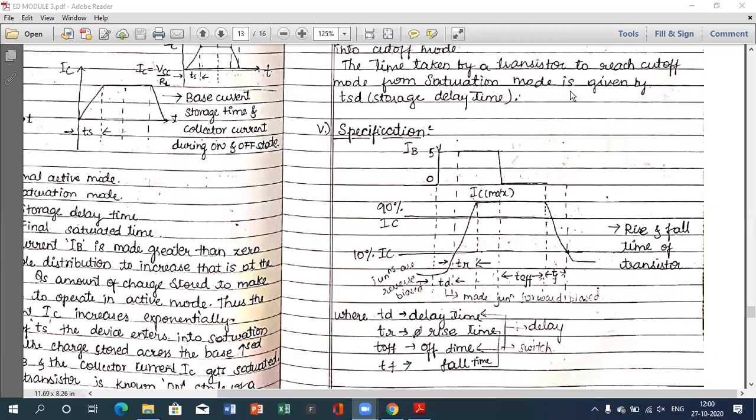I hope it is clear for everyone. If yes, just respond in the chat box as yes. If you want to repeat, we'll repeat the same thing. Do it fast. I'm expecting everyone to get involved in the class, not only a few. If you understood, put yes. If you want me to repeat, I will repeat the same thing again. It's a very simple concept. Now do it fast.